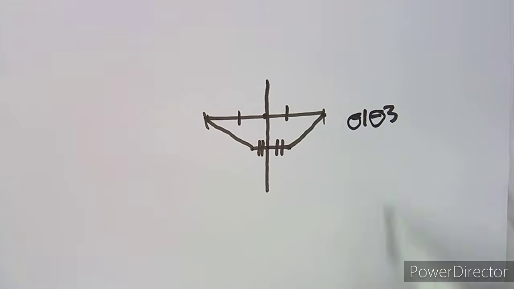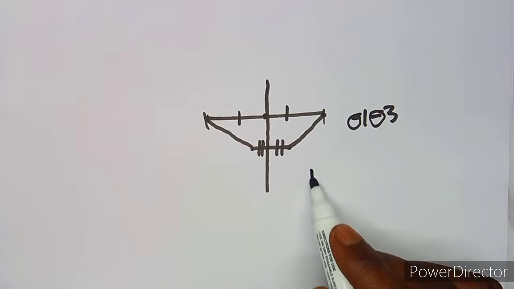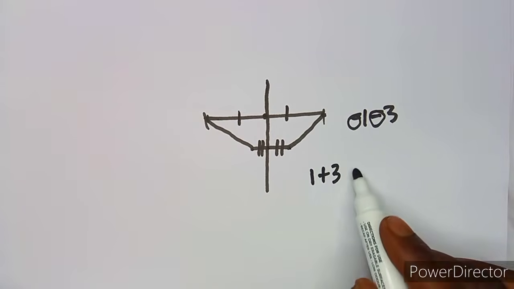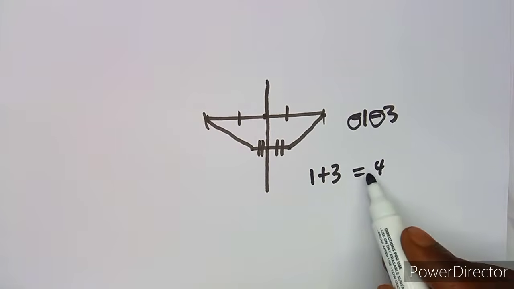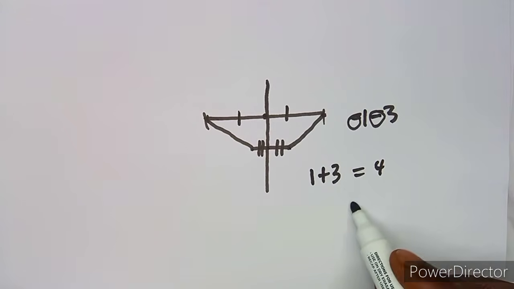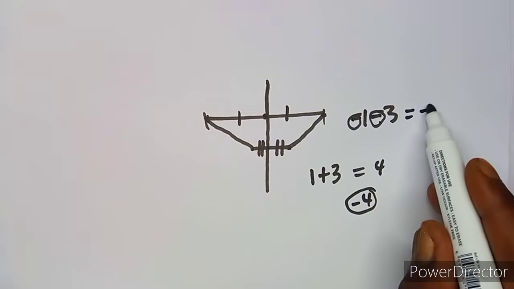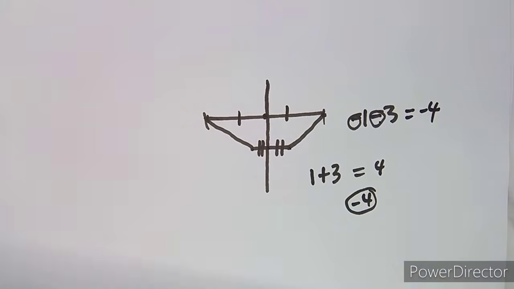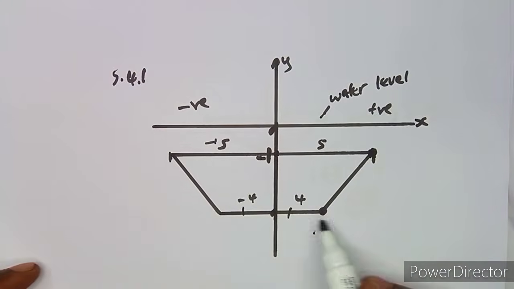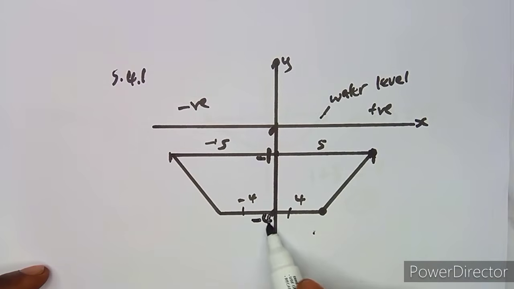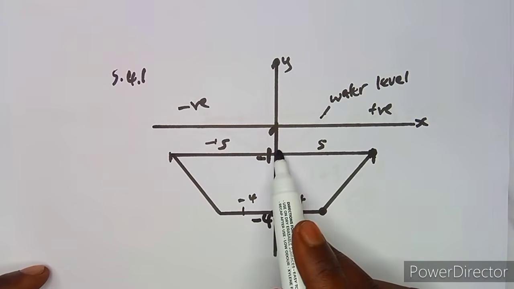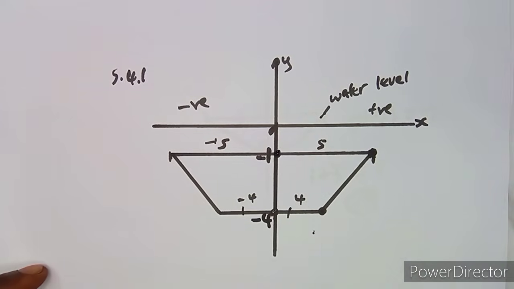The reason why I'm doing this, okay, let's forget about the negative. We have 1 and 3 which we are supposed to add, which is going to give us a 4. But since it is on the negative, it's going to give us a negative 4. That is why I was working as minus 1 minus 3, which gives us a negative 4. Now it makes sense, right? So this is negative 4, which is the lower limit, and the upper limit is minus 1.